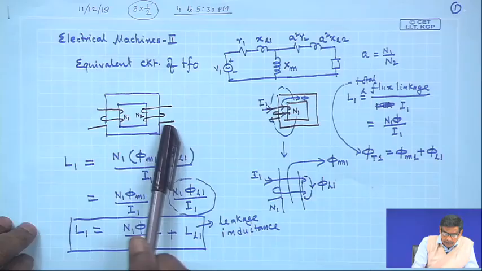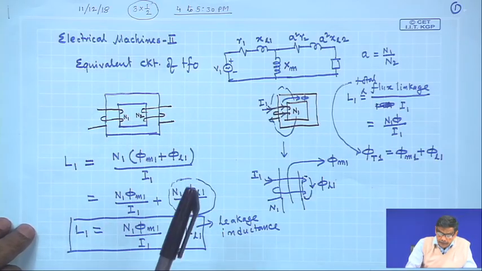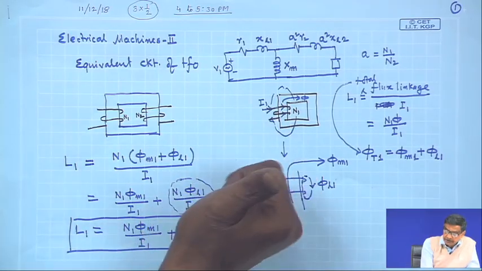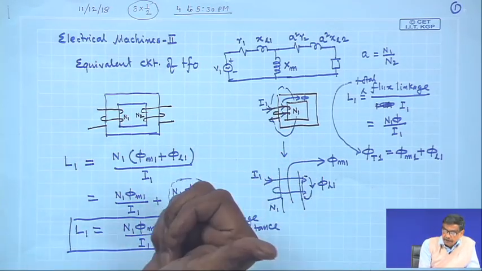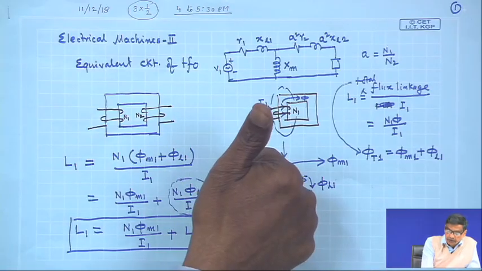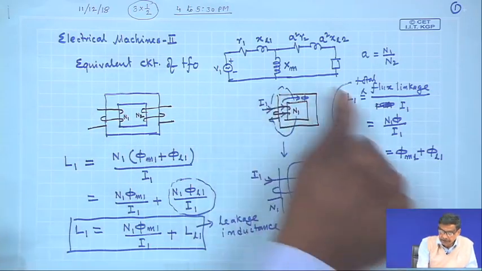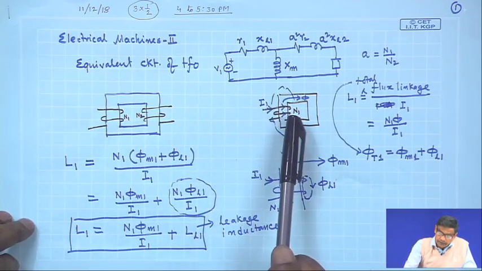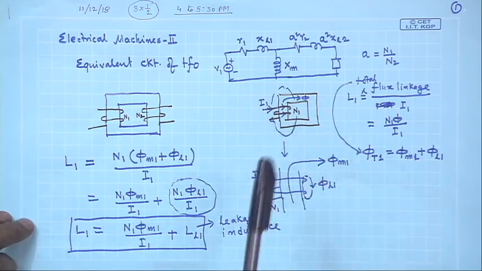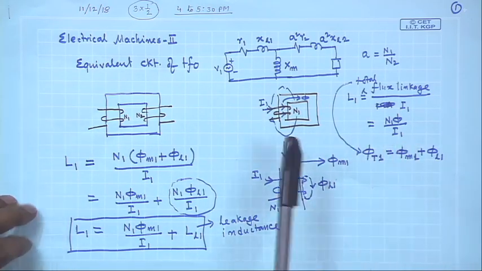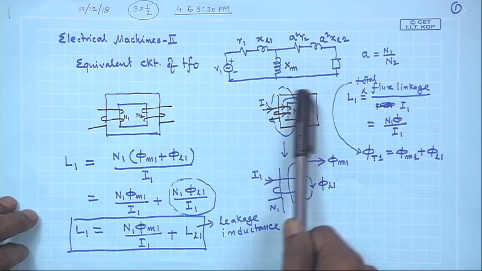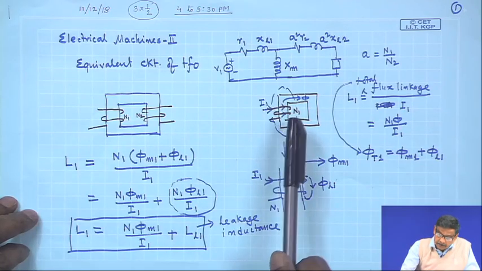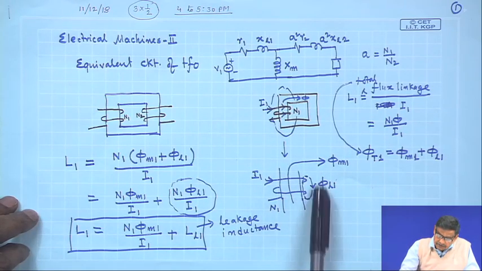So, this is two coupled coils having turns N1 and N2, and when you pass some current through the coil, it produces flux. The direction of the flux can be obtained by wrapping your fingers along the flow of the current, and the thumb will give you the direction of the flux. When you pass some current through a single coil, it produces flux which can be broken up into two parts. One is the flux component which is confined to the core, that I call mutual flux, and the other is the leakage flux, phi L1.